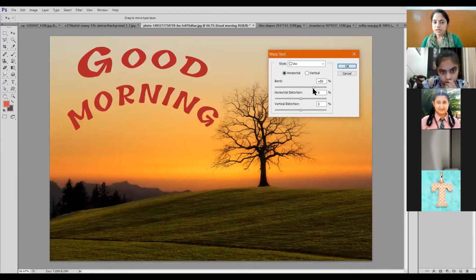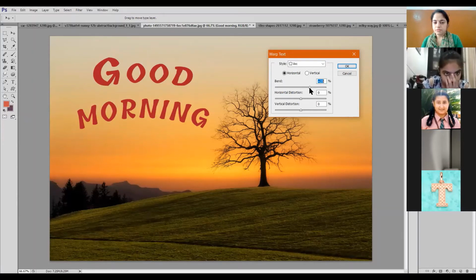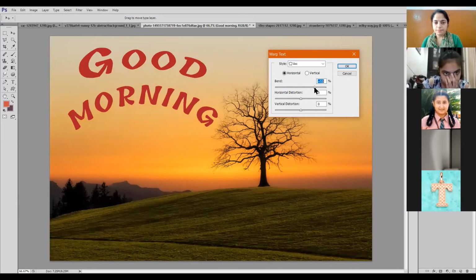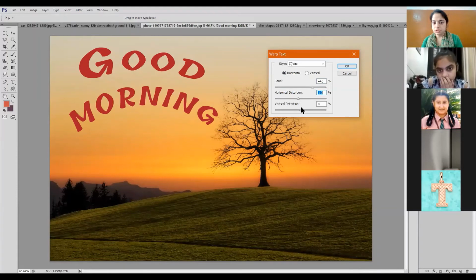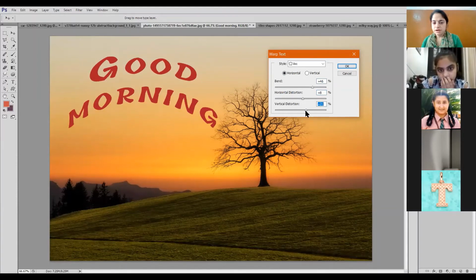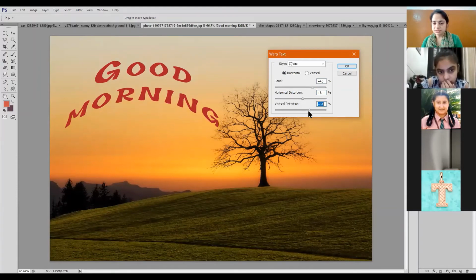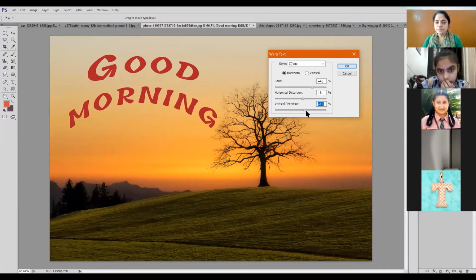Then you can increase or decrease the bend. Whatever bend. And horizontal distortion or vertical distortion also you can increase or decrease. Just drag the mouse over the slider so that you can see what effects they will give.